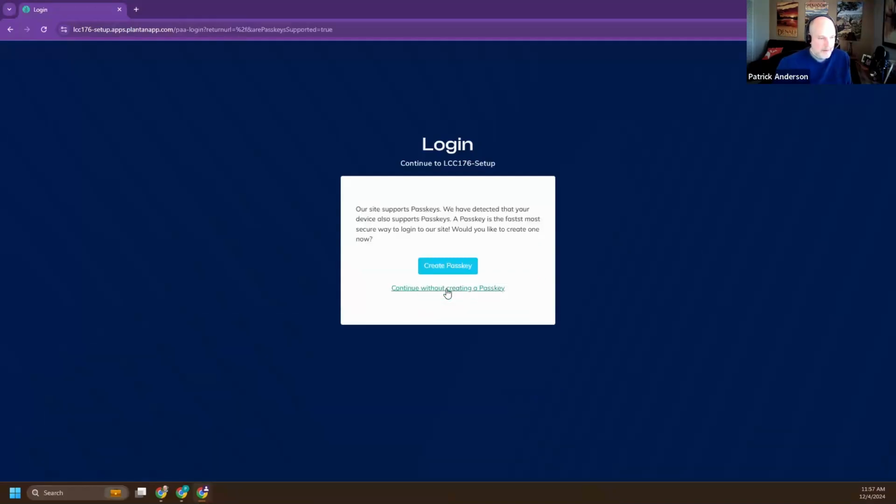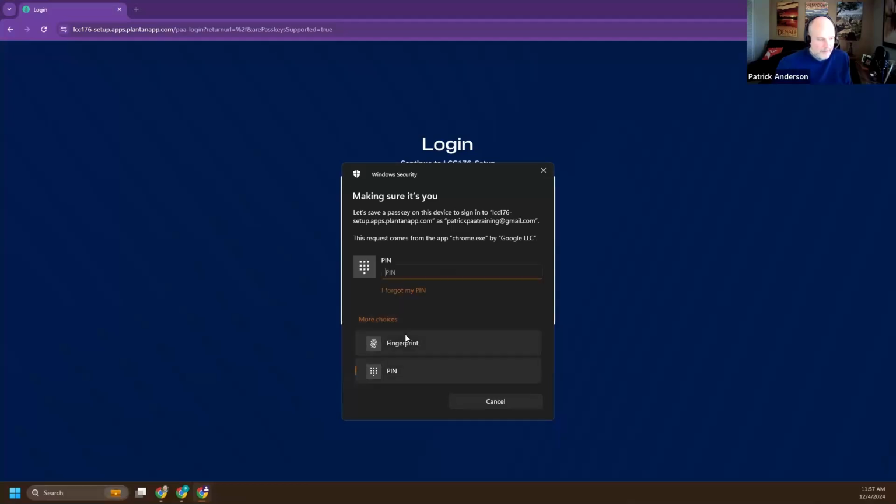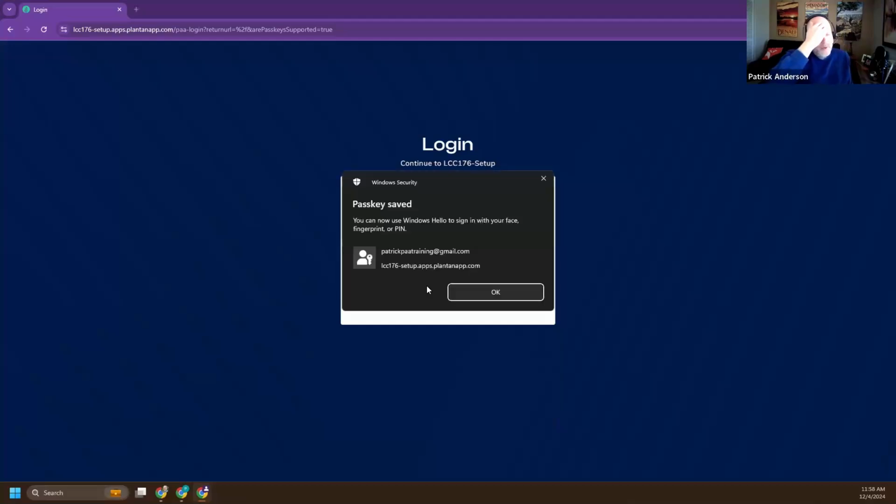And log in, I get prompted for a passkey again. I'm going to click create passkey, click on more choices, and actually, yep. Well, I'm not getting the actual configuration I wanted here, so that's okay. But if you have the passkey,